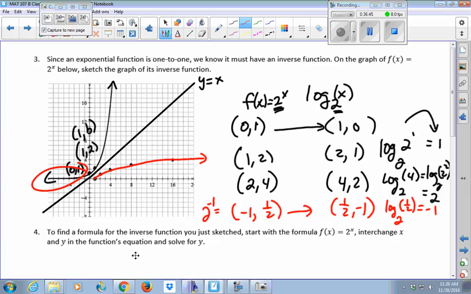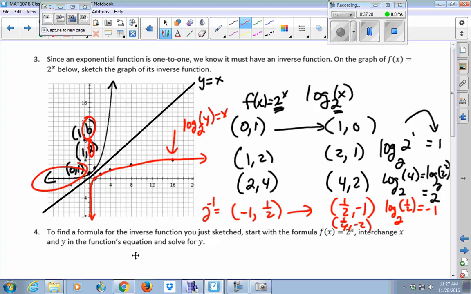My output can be negative, but not my input. So where am I? I'm at 1/2, which is halfway between 1 and 0, and I'm down at -1. And then at 1/4, I'm at -2. So as I get closer and closer to 0, this gets closer and closer to my y-axis. And that is my inverse function, log base 2 of x. If you want, you can call it y equals log base 2 of x, because y would be the output from your